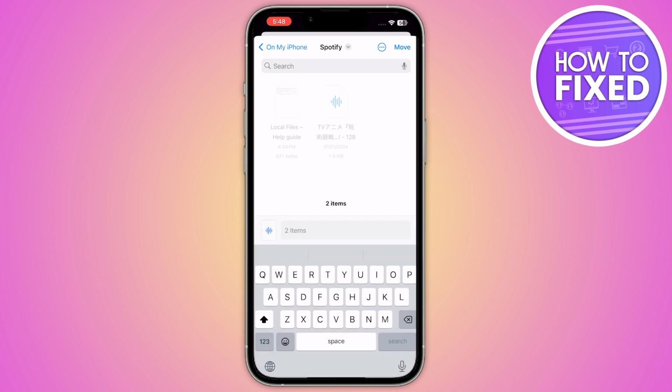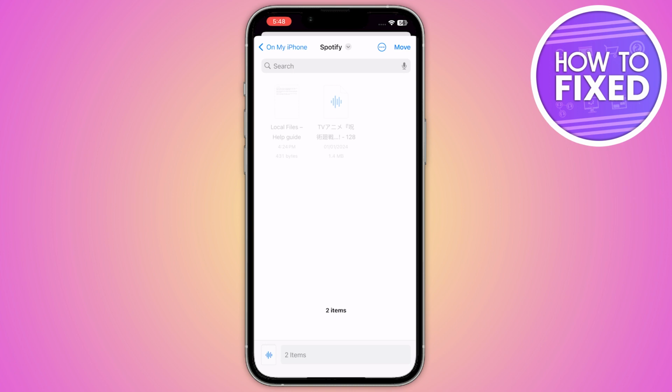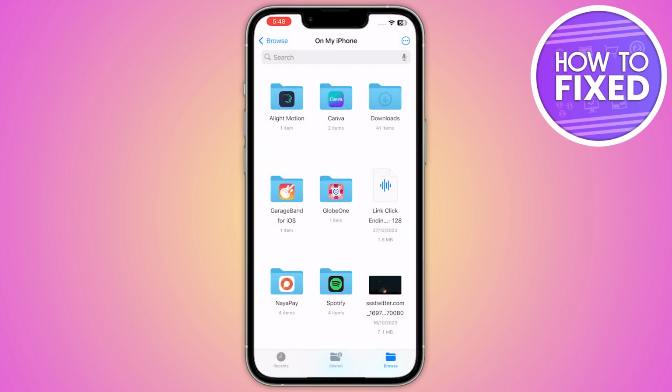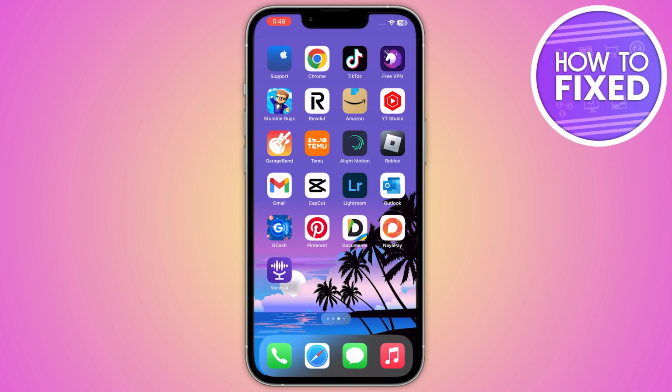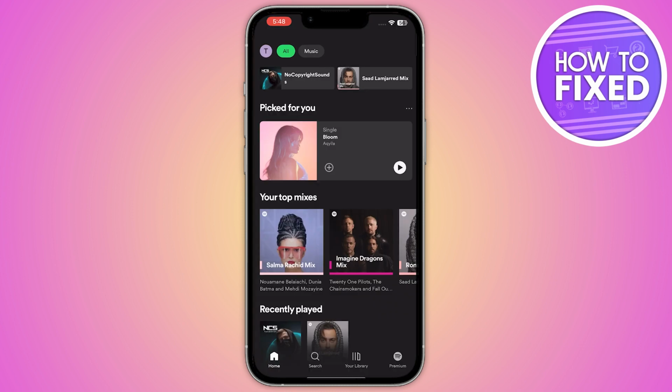and once you are in here you have to go in the search and simply search for the Spotify. So once you search for it and you are able to add it, you just have to click on the move, and you are able to move your local files to the Spotify into your iPhone. Now after that you just have to go back and you have to go into your Spotify,